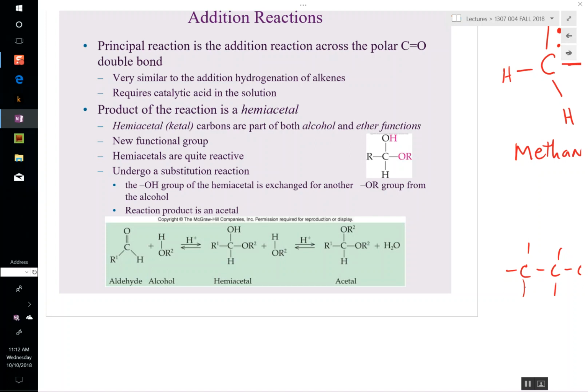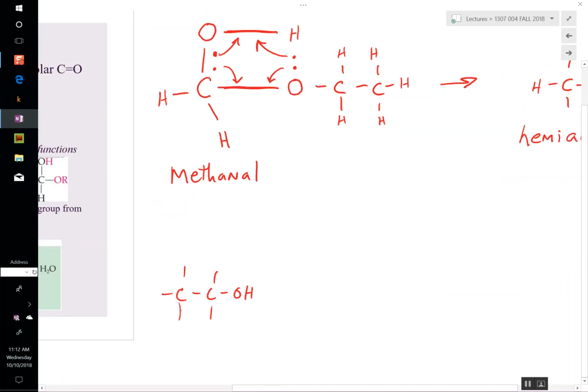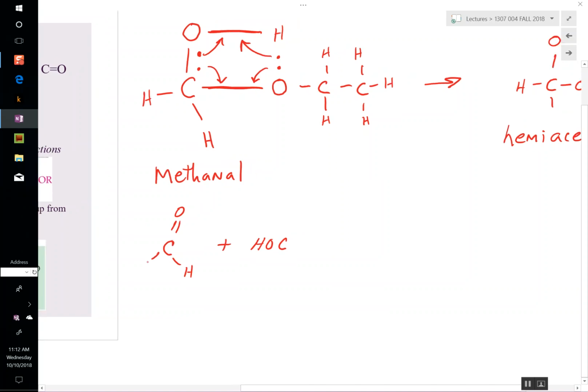All right, let's just look at a couple more slides. Let's look at this reaction one more time. If I were to write this just as a simple reaction, I would have methanol... I'm sorry, we're reacting. It's a hydrogen. Reacting methanol